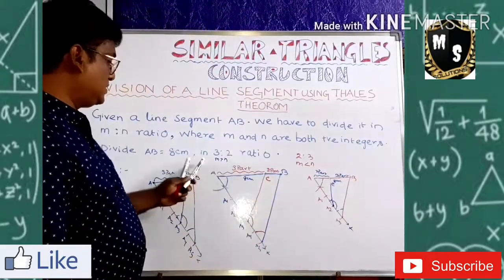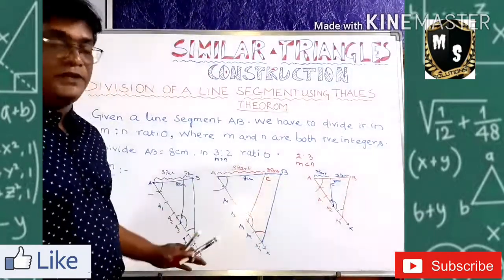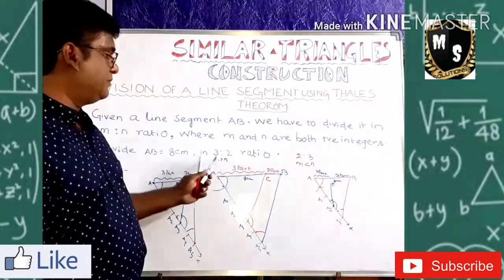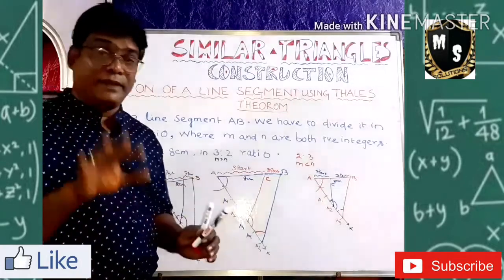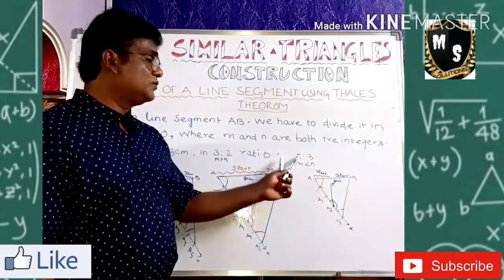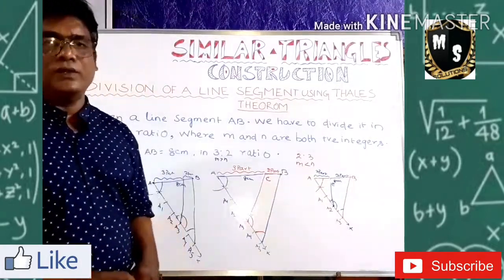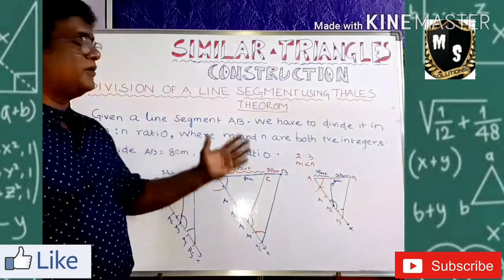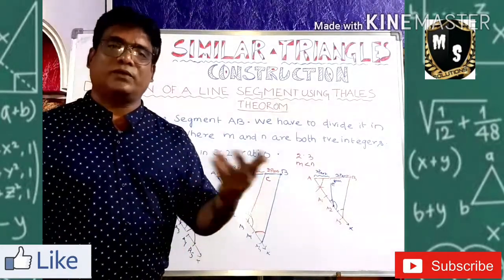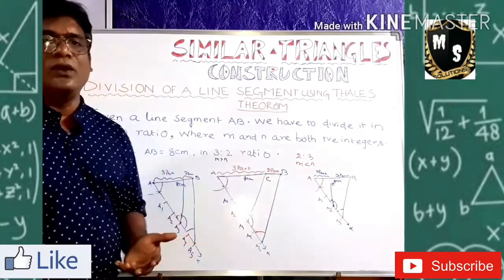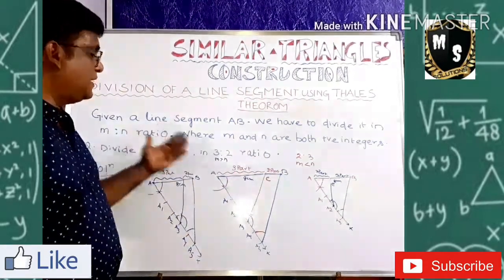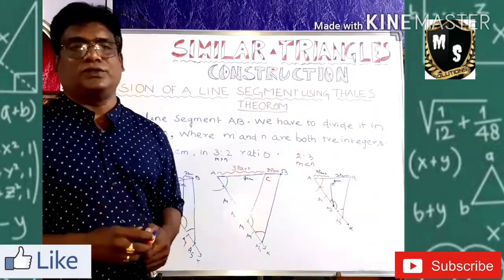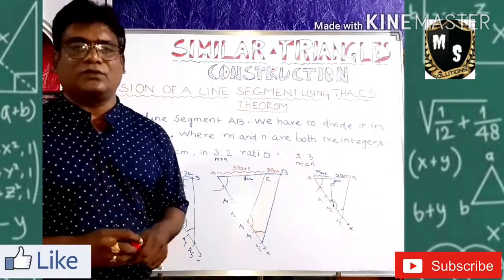So I just explained to you line division in different ratios. That means M greater than N, 3:2, and M less than N, 2:3. I hope you understood it and practice it nicely. Take some lines and some ratios of your own, and try to do as many line divisions as you can for better practice. And also practice the theorems and statements, and remember them.